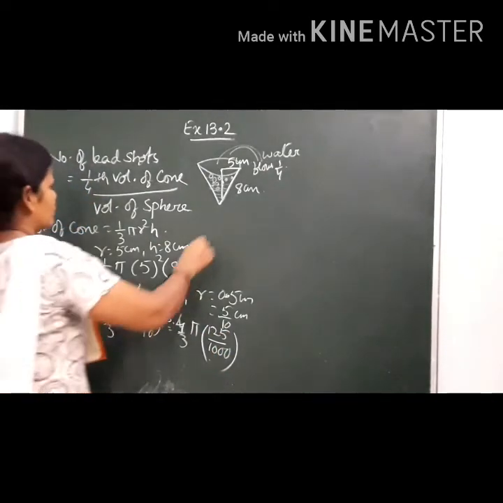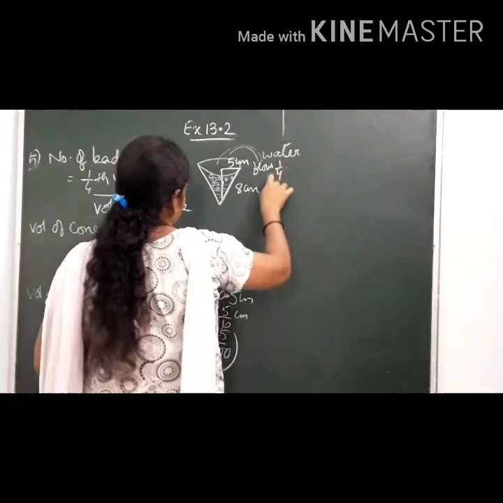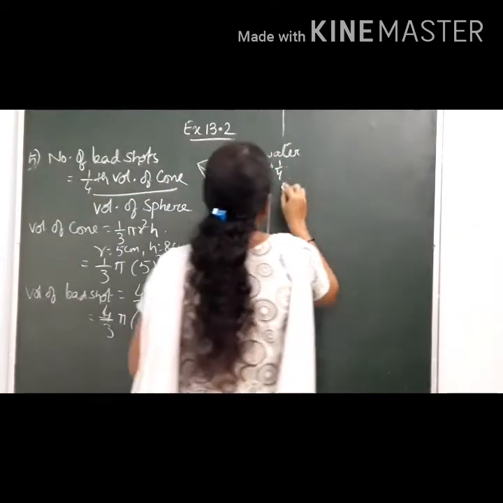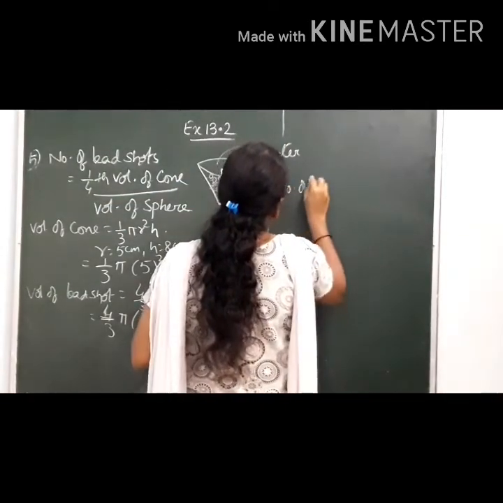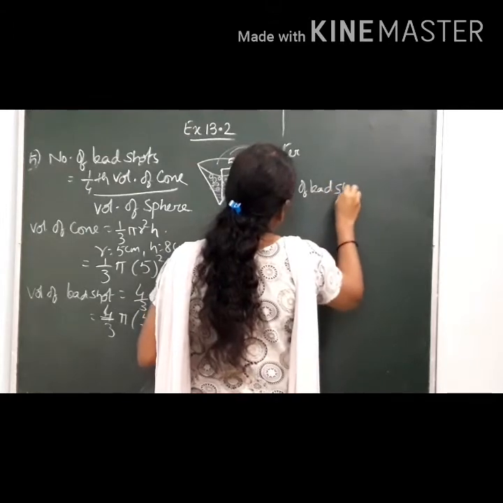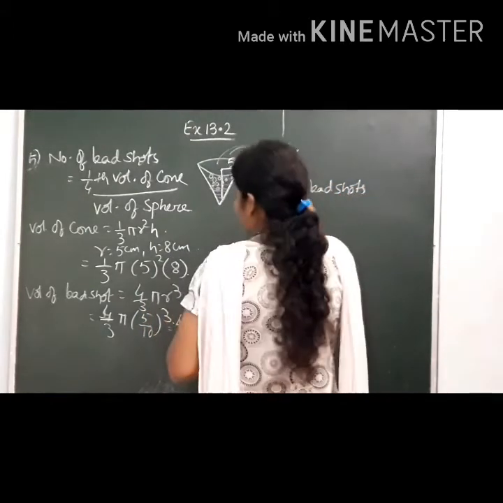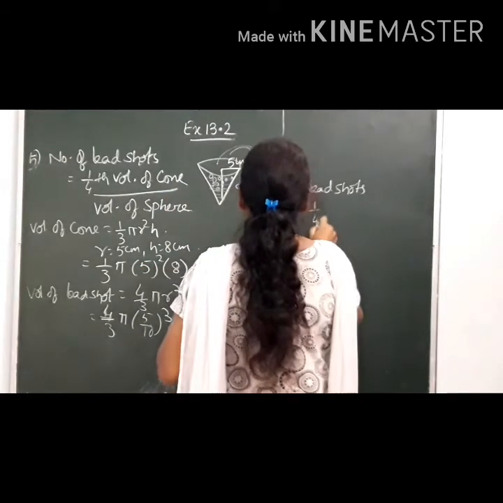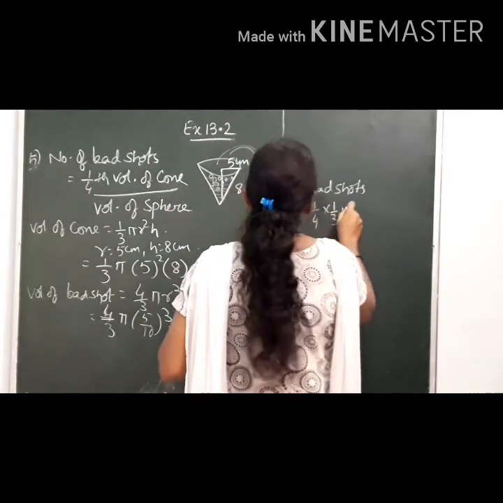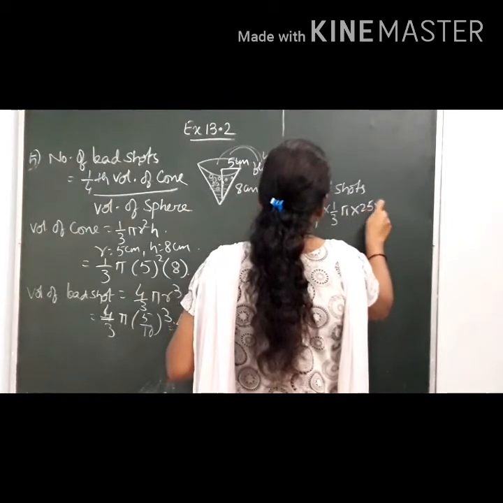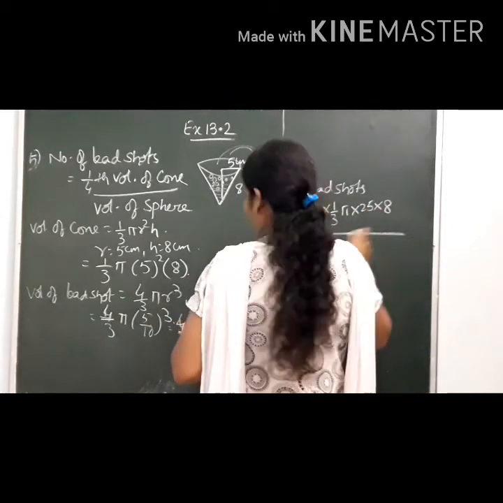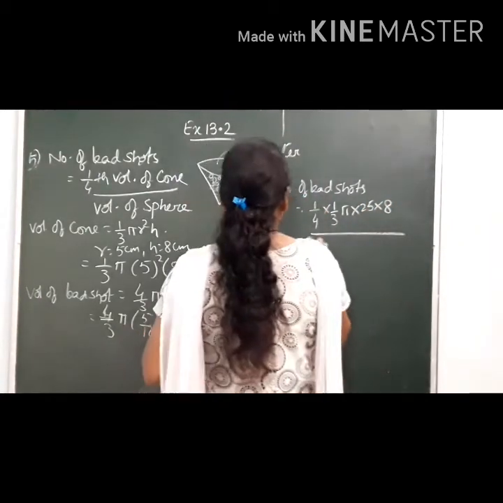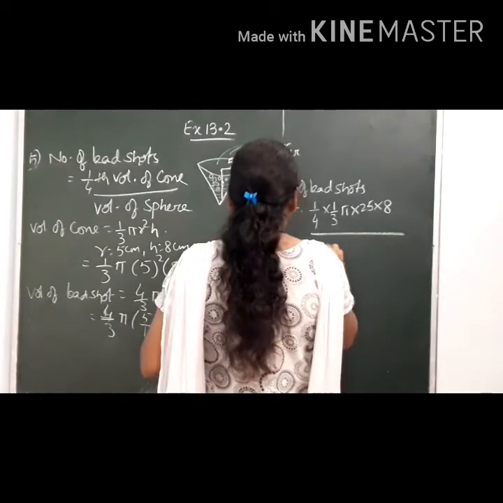So what is the number of lead shots here? What is the formula? 1/4 of the volume of the cone. Volume of the cone, that is 1/4 into 1/3 pi into 25 into 8, upon the volume of the lead shot, that is 4/3 pi into